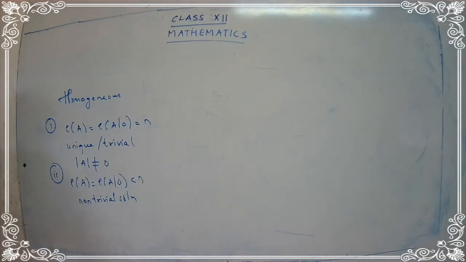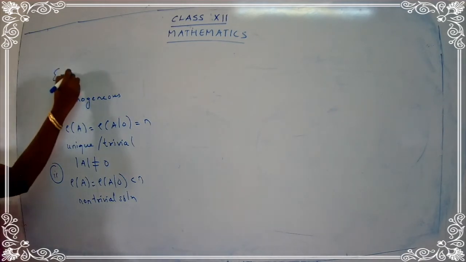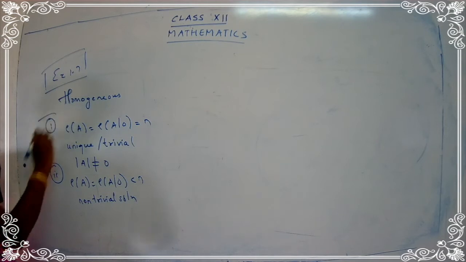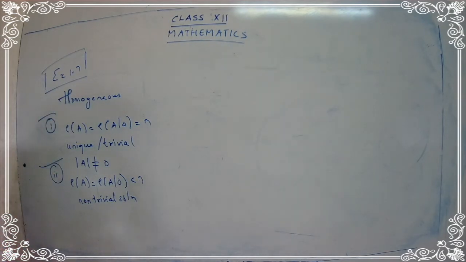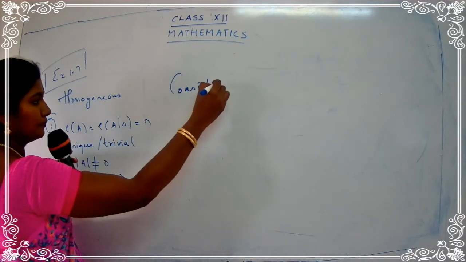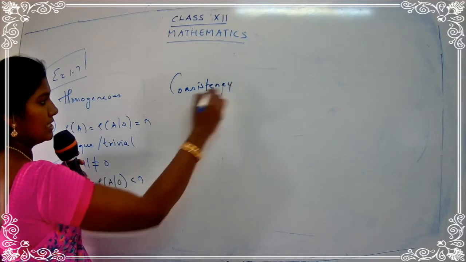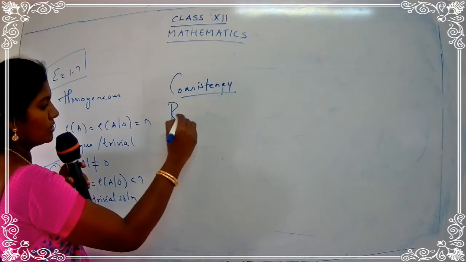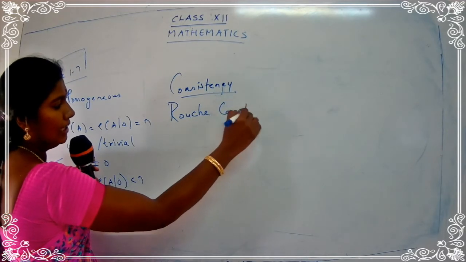Now let's come to exercise 1.6. Let us recall what were the things that we have done in exercise 1.6. So this was exercise 1.7. Yes, children? So two cases to be noted over there. Now in exercise 1.6 we have done the consistency part. That is, we have checked for the consistency and accordingly we have found the rank of the equations. So under consistency we had three rules. Consistency, I'll just put consistency. And the rule was based on Rouché-Capelli theorem.